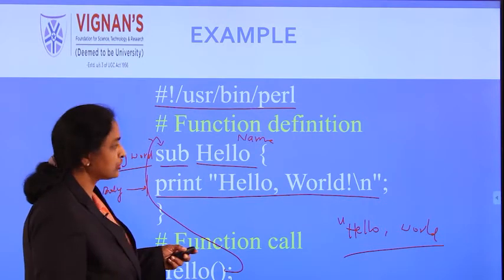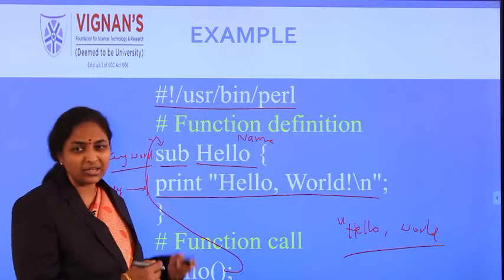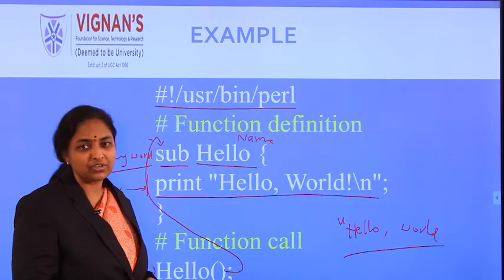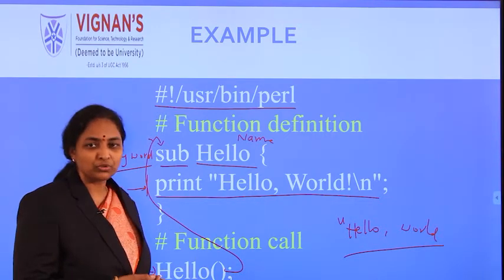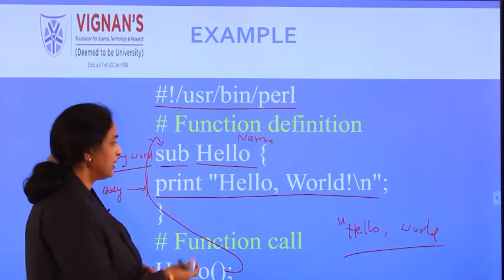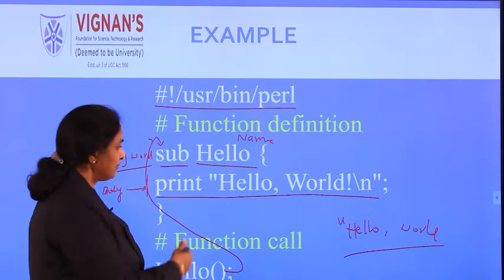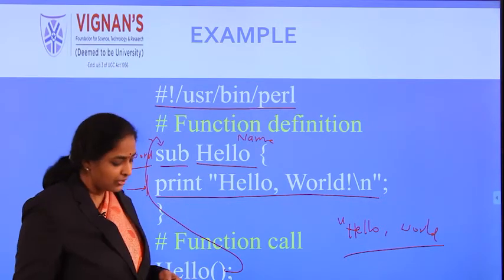This function is without any arguments, and here we followed the same example that we discussed earlier in script mode, to understand the script mode and the command prompt. It is the same simple statement. There you simply write it as a script, but here you are calling it as a function.